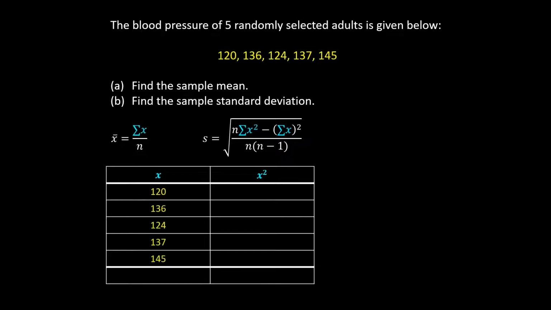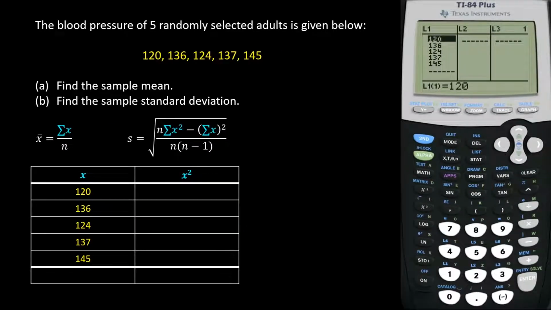So the first column is going to be the original list of data values that were given to us in the problem, which represent the 5 blood pressure measurements. Earlier, I showed you how to enter this information in list 1 or L1. What we want to do next is create a second column that contains the squares of the sample values of